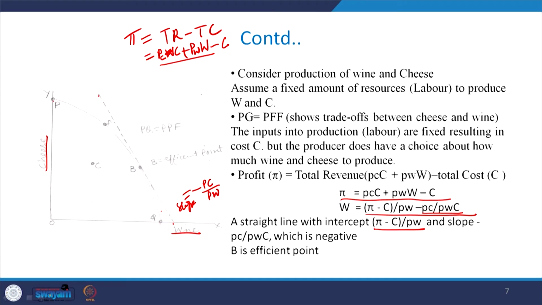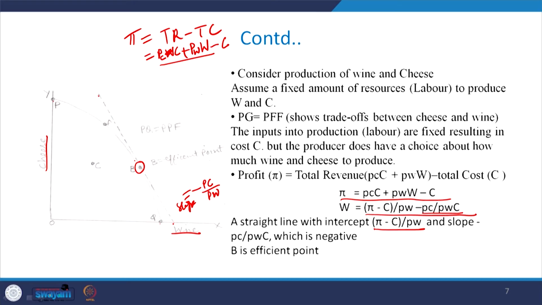Slope is negative, indicating that if you want to spend more money in the production of wine, less money will be available for production of cheese. So, in this case, the slope of this straight line is tangent at point B. So, this point B is the equilibrium point where the slope of the production possibility curve is equal to the slope of this